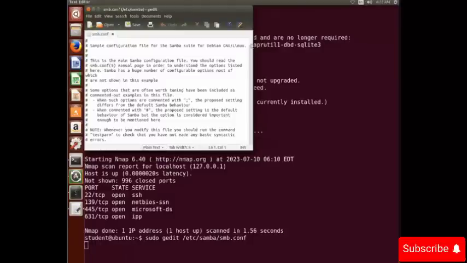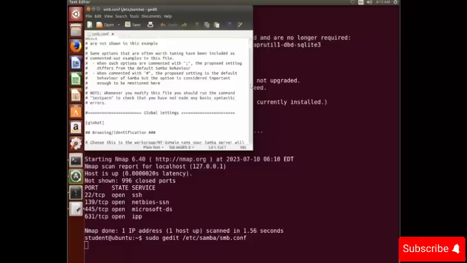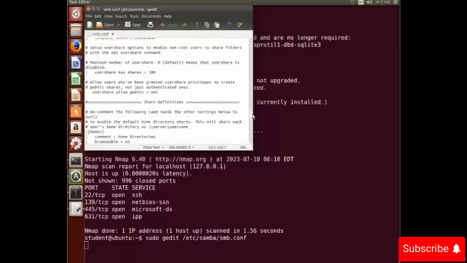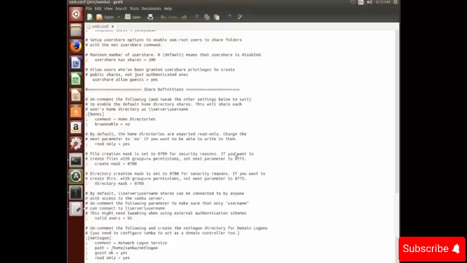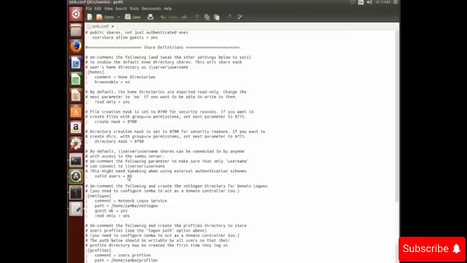So let me scroll down and let's look for the share definition paragraph. Here it is. Let me increase the size. Okay. Now find this section with the name valid users. Here it is. So just remove this and instead we will type student here. Now click on save and close it.